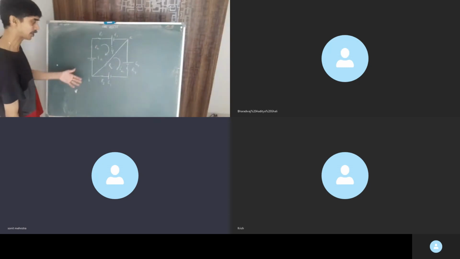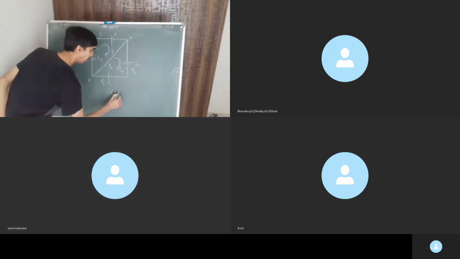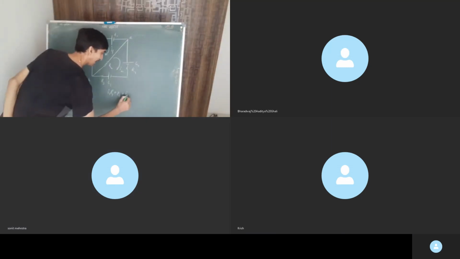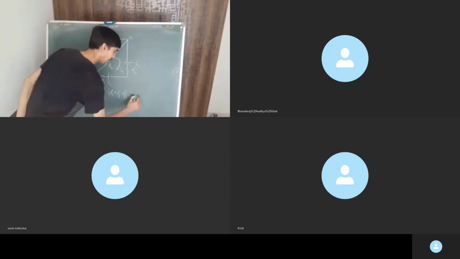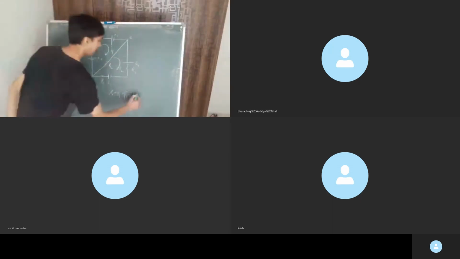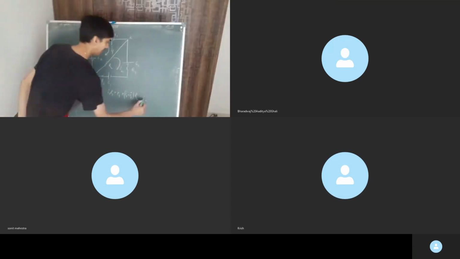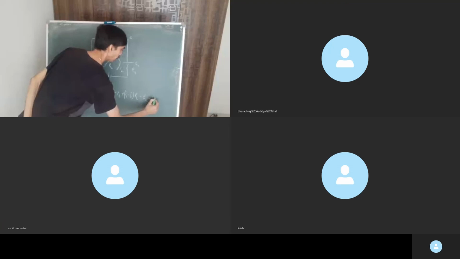Now, how do we write the equation? I1 into R1 plus E1 plus I1 minus I2. I'm assuming I1 is greater. So plus I1 minus I2 into R. Then minus of E2. And then plus of I1 into R2. I came to the point from where I began my journey, correct?